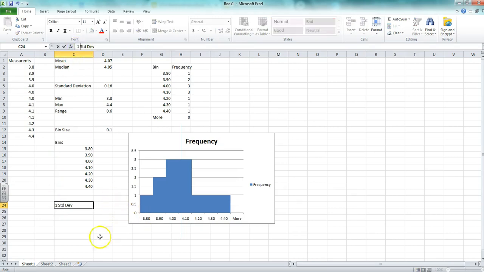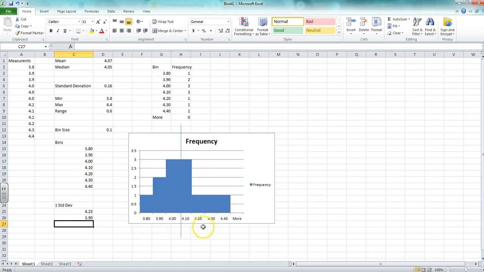Okay, and so I can say that this equals, I'll make my own formula, equals the mean plus standard deviation equals, it's 4.23. Does that make sense? Yes, it does. Then in my smaller size of 1 standard deviation, I can say equals my mean minus my standard deviation equals, so between 3.9